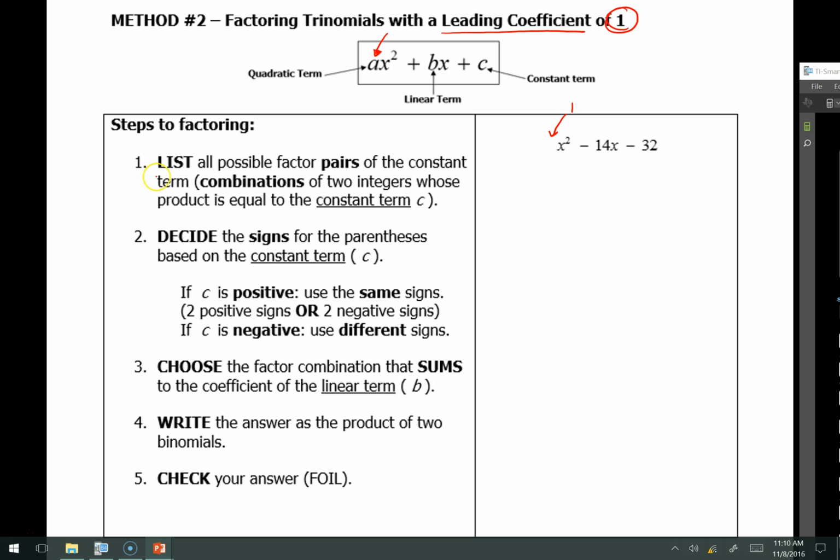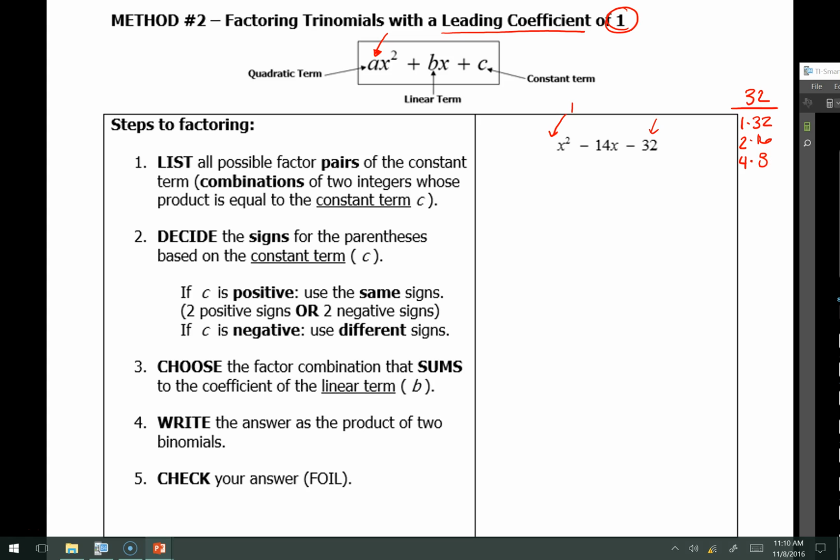The first step is to list all possible pairs of constants where we can get the c value, negative 32. So I'm going to write a 32 over here, and I'm going to list out all the things that I can multiply together to get 32. I could do 1 times 32. I could do 2 times 16. 32 is not divisible by 3, so I'm not going to write that, but then I am going to write